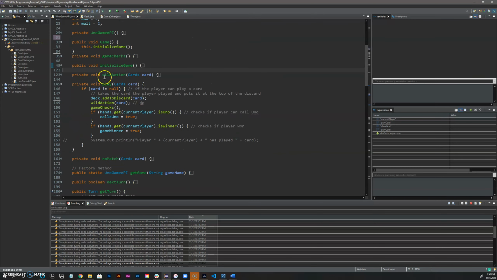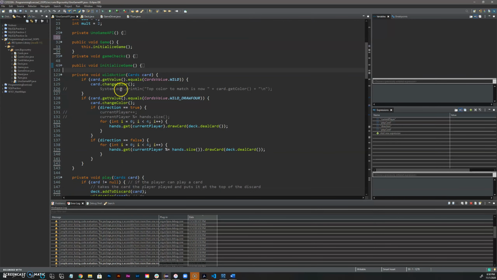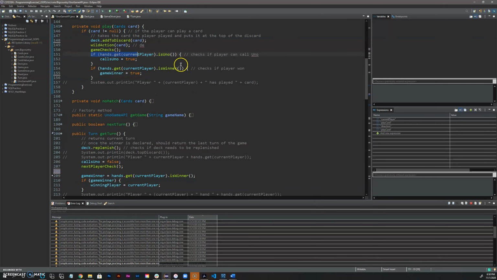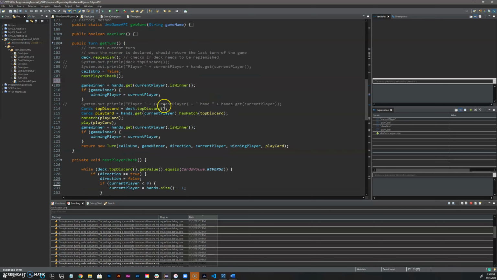And I also still have a wild action method that just doles out the cards correctly to the players they're supposed to go to. Play just plays the current card. It runs the checks to see if there's a winner or Uno. And then at the end of every turn, once it runs through get turn, it will go ahead and return a new turn that contains calls Uno, game winner, direction, current player, winning player, and play card,